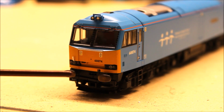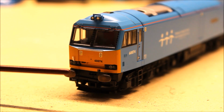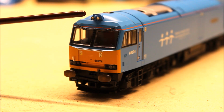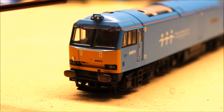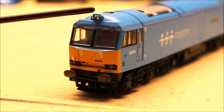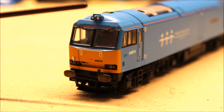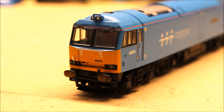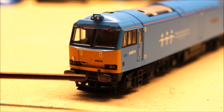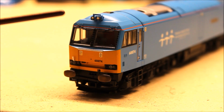Detail parts, really nice to be fitted. I'll have to look at doing that. A set of horns on this end as well, and interestingly they have a small little shield around the top of them, which the other end doesn't have. And I noticed that with the box art actually, when I was staring at it for about half an hour when I got home. The lights will work, directional lighting